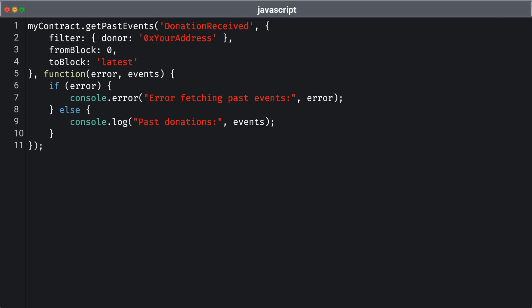In the callback function, we handle errors by logging any issues to the console, ensuring that we can troubleshoot any problems that may arise during data retrieval. On success, the function will output an array of past donations linked to that specific address, allowing us to track the donor's contributions effectively. This capability enhances transparency within the fundraising process, enabling users to review their donation records effortlessly